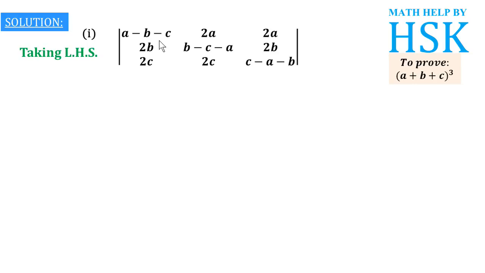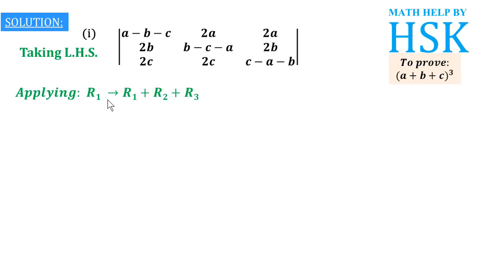On observing the determinant, I see that if I add all the elements in column 1, I get the total as a+b+c, and similarly for the second column and the third column. Now to prove this result a+b+c, the first thing I'm going to do,